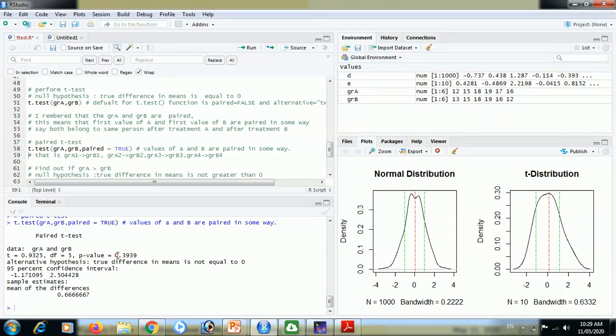P-value is 0.39. Again, the paired t-test name is there. P-value is 0.39 and it is again greater than 0.05. Therefore, we have to accept the null hypothesis that the data of these two groups is coming from the same population. That means the means of these two data sets are not different.